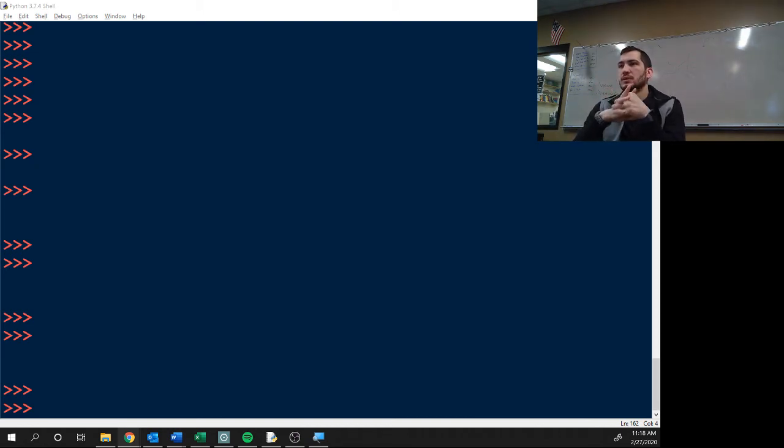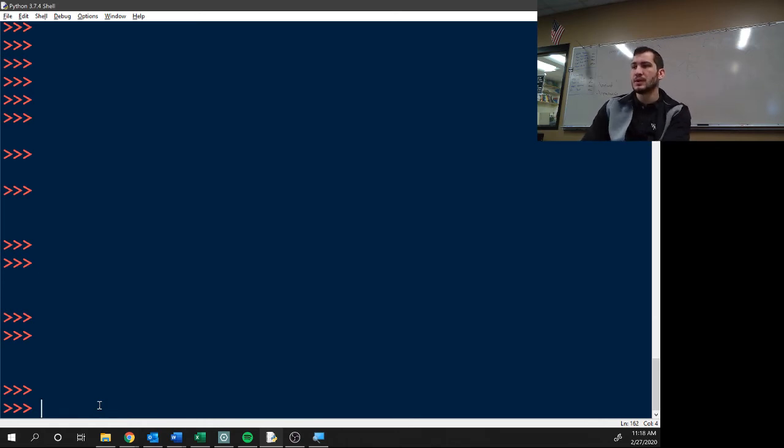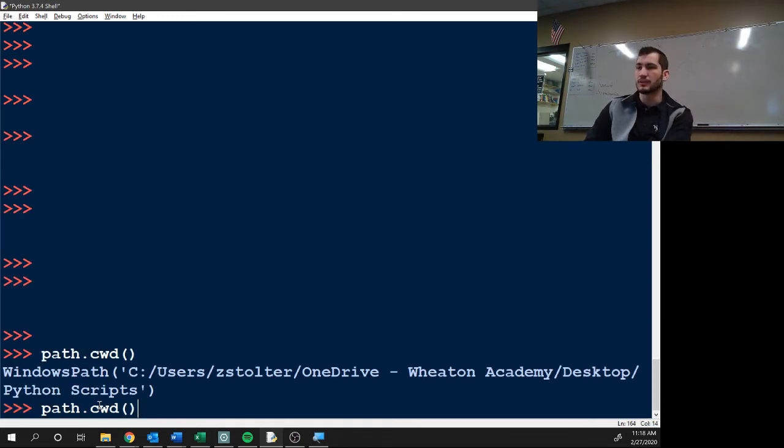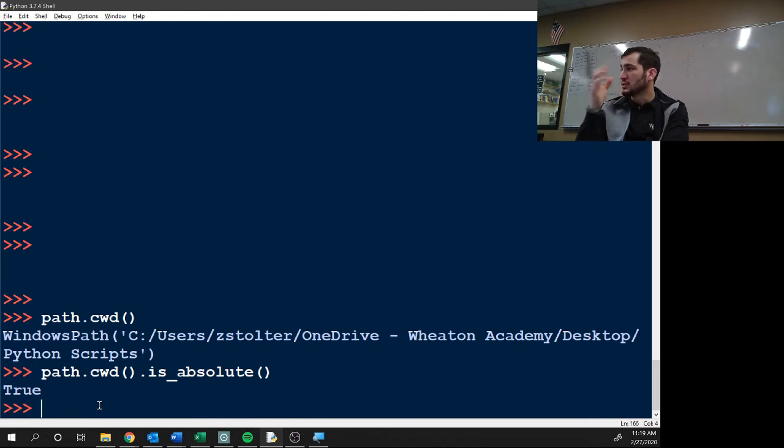This next little bit tells you whether or not a path is absolute or relative. So this would be useful if a person is typing in and you want to validate that what they're typing in is an absolute path or a relative path, because maybe your code relies on an absolute path and they think they can type in a relative path, or vice versa. So again, we've already imported path. Let's do path.cwd. Boom, we got that. That's where I'm currently working. Then you do is_absolute, and it gives me true. So you could try this, and if true, that's okay. Otherwise, we could do is